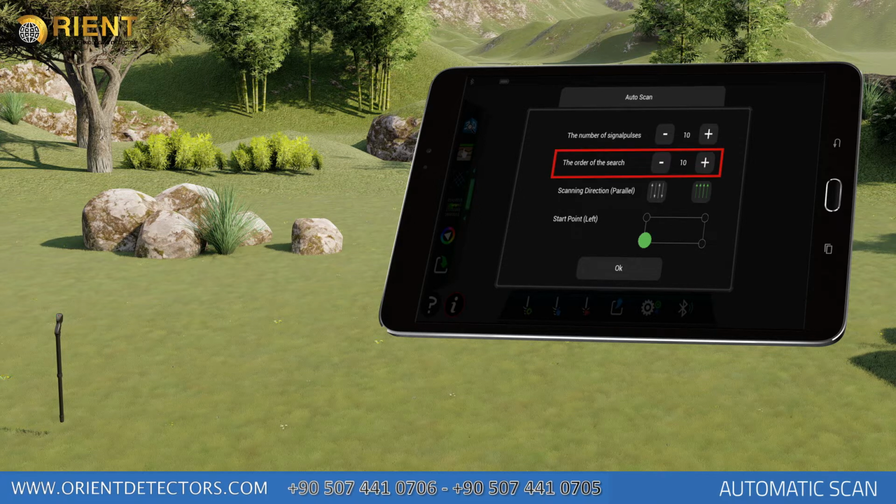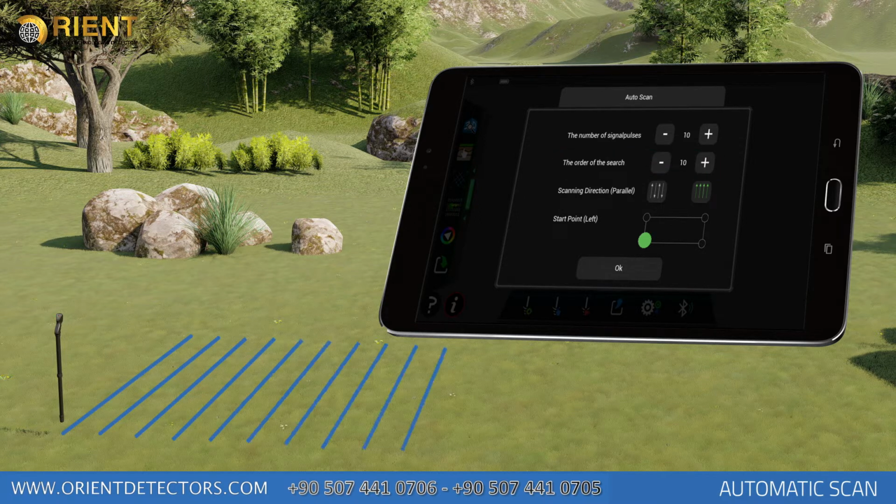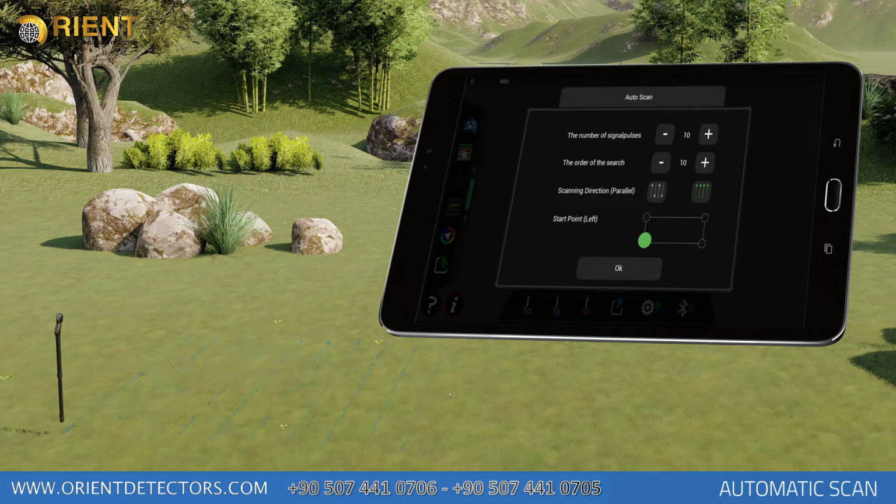Search row count. You should enter the scan row count in this field, according to the size of the scanned area. Each row should have 30 centimeter intervals between them. If 10 rows count is selected, you'll have created a search line of 300 centimeters, in other words, 3 meters. Depending on the signal pulse count entered, you should move to the next search row when the signal pulse count